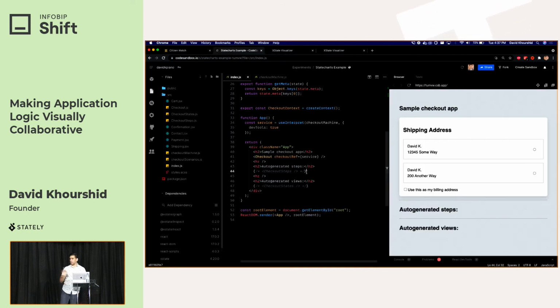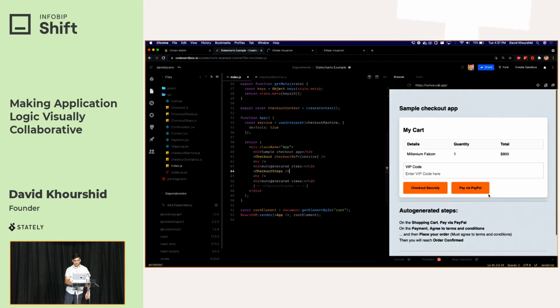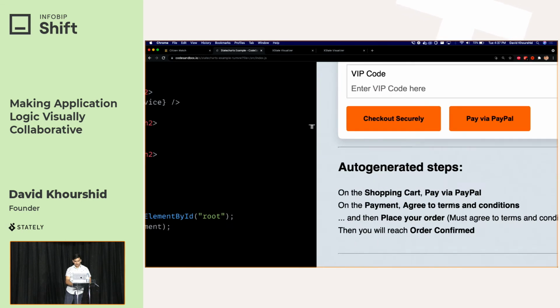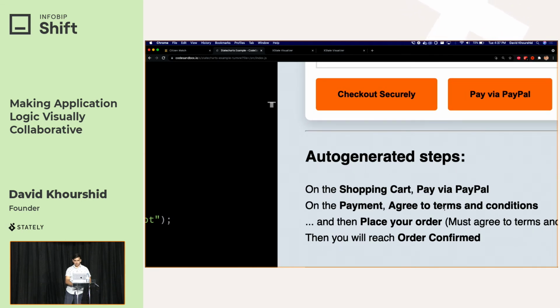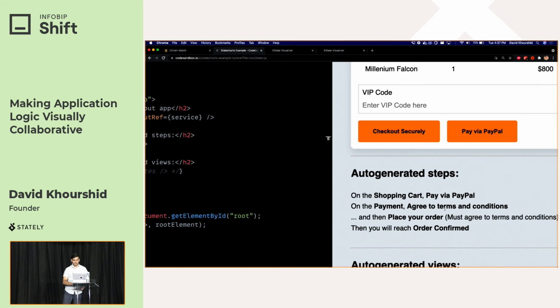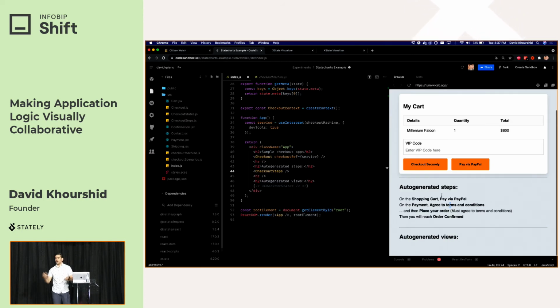And so remember that meta information? If I show the checkout steps over here, it's actually going to auto-generate the steps over here based on that metadata. So it's saying on the shopping cart, click Pay by PayPal, click Agree to Terms and Conditions, and then you will reach the order confirm state. Now, what it's doing is it's finding the shortest path over here. And so that's why it said, all right, if we click the PayPal link, then we're going to find the